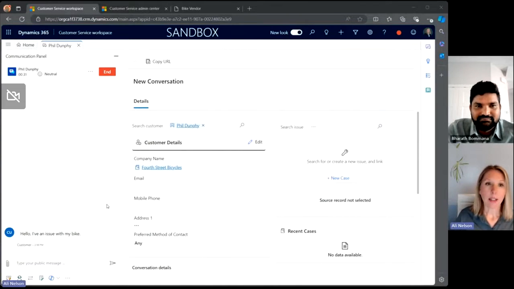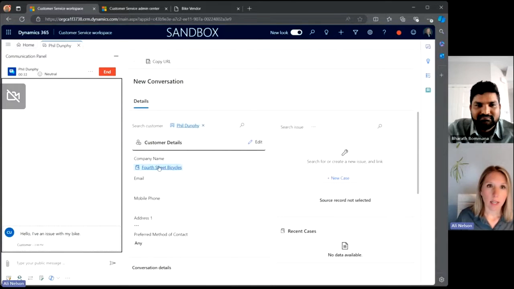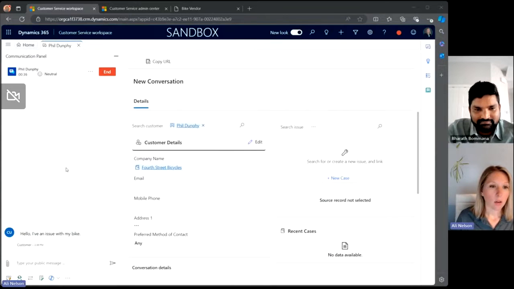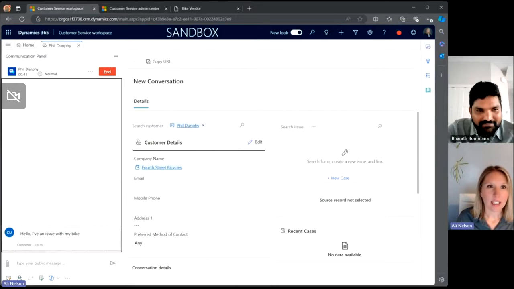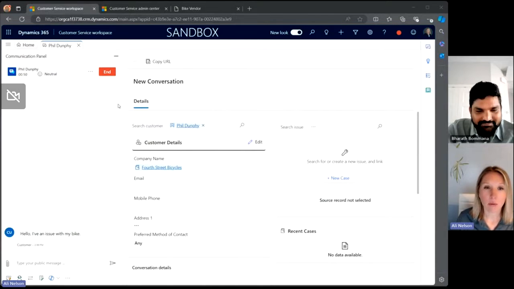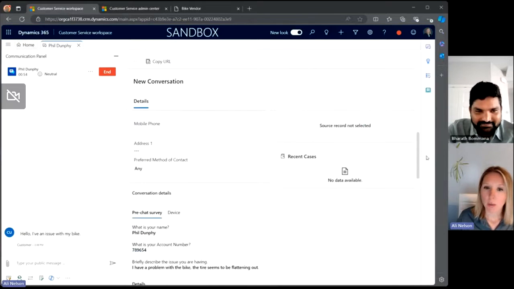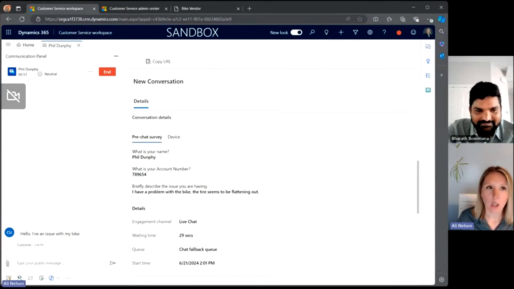So on my screen, this is what the screen looks like after I take that conversation, after I accepted it. And you can see right away, I have the message that Phil sent me. Over in the left-hand side here is our live chat pane that we have with that customer. Also, if I scroll down in the middle here, you can see that pre-chat survey that was filled out for us. So all those questions that were filled out in advance of this customer reaching out to us